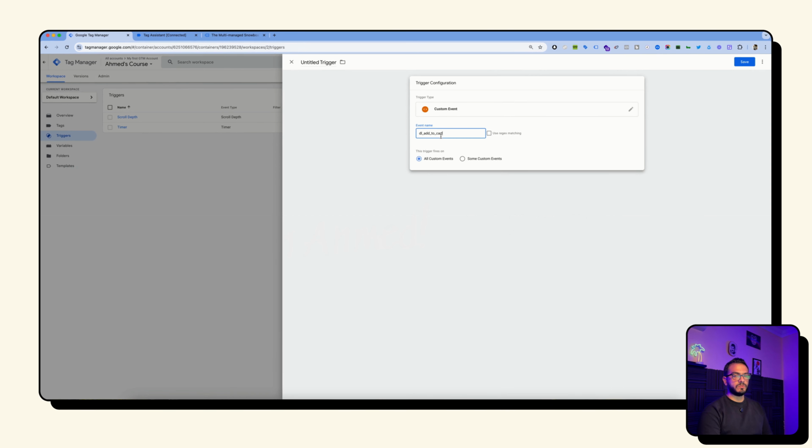We will need to be careful not to change anything in the naming convention for the data layer event, or to add an additional space or anything. We need to paste it as is. We need to use the same data layer event name that we have in the data layer and paste it